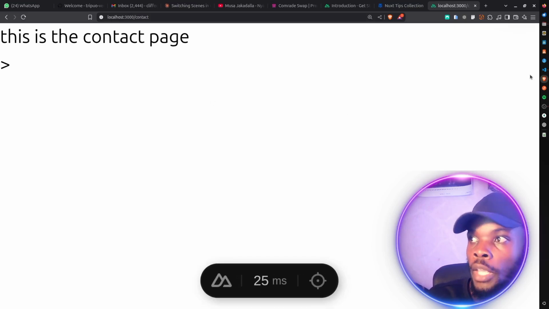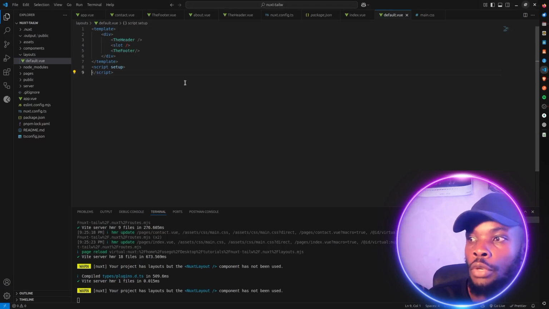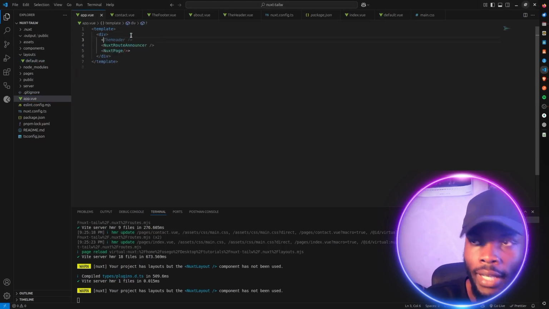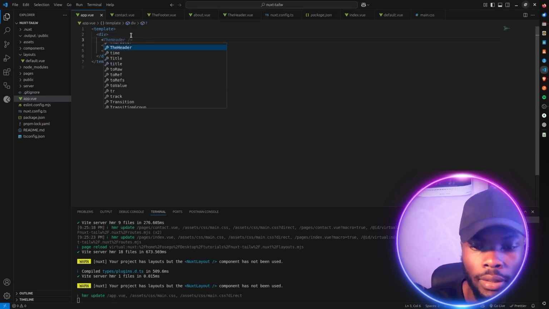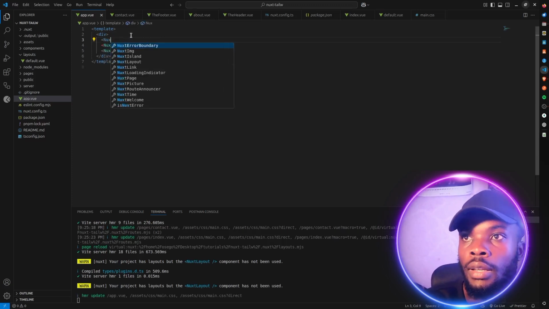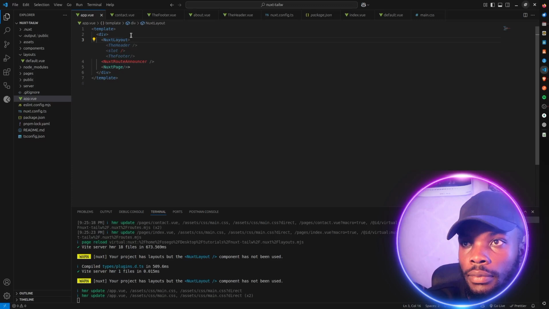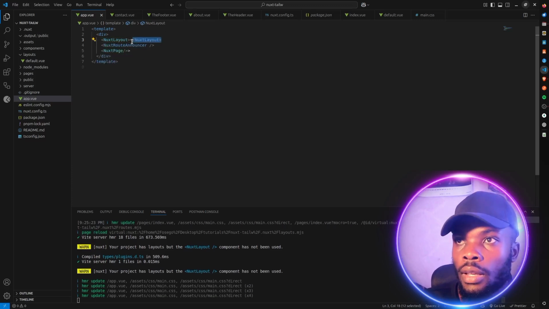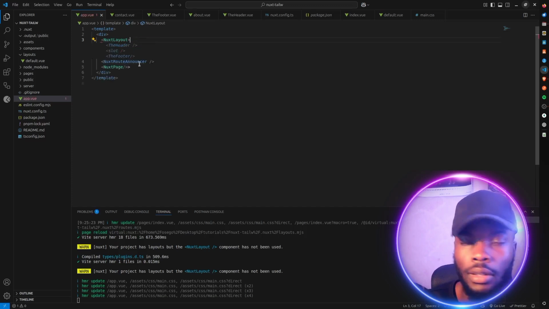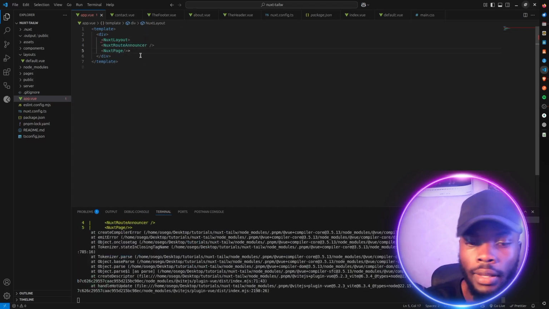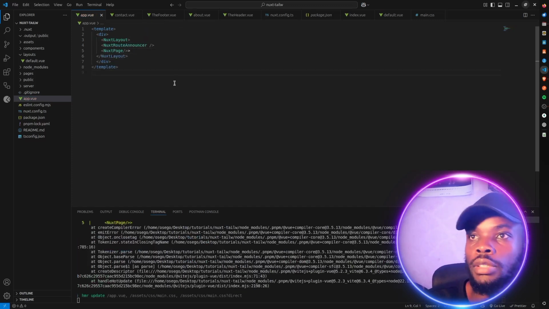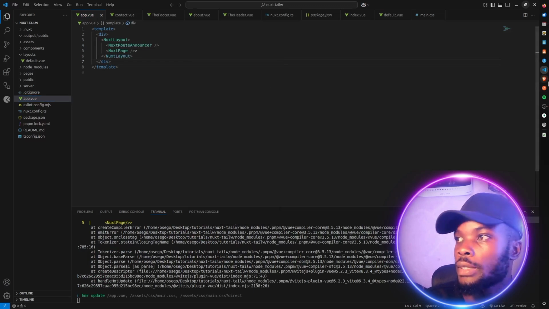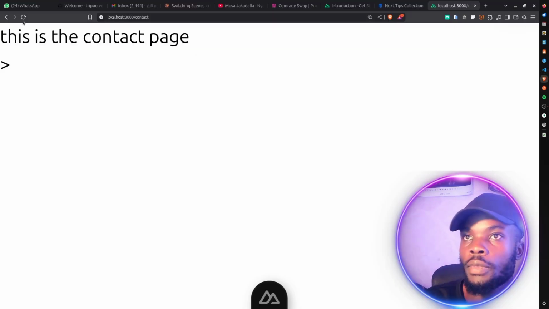Why? Because we need to go back to the app.view file here, and then we have to tell or call Nuxt layout. Nuxt layout. That is it. Copy it. That's the opening tag. Coming to the end, Nuxt layout. Okay, let me format. Fantastic. So coming back, if we refresh,